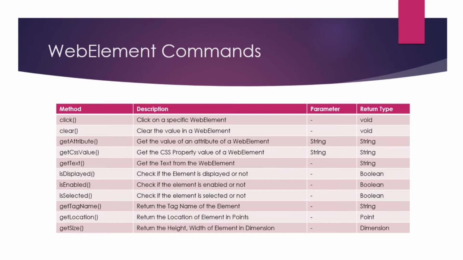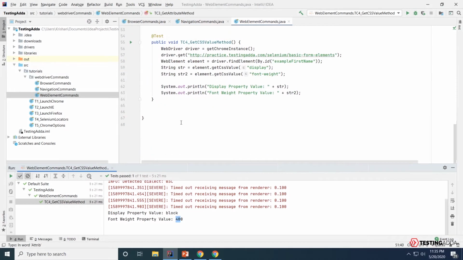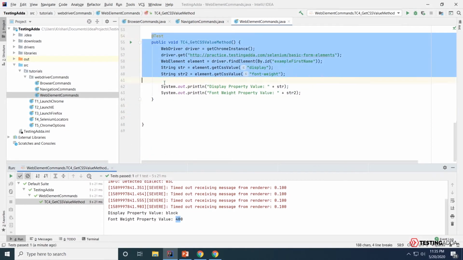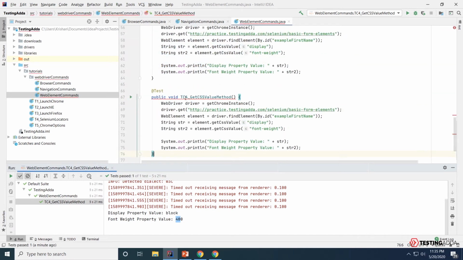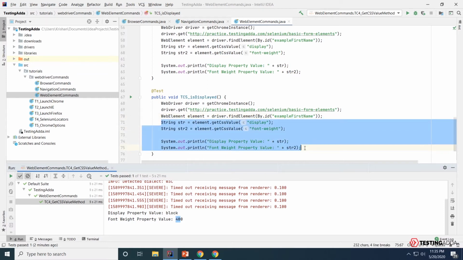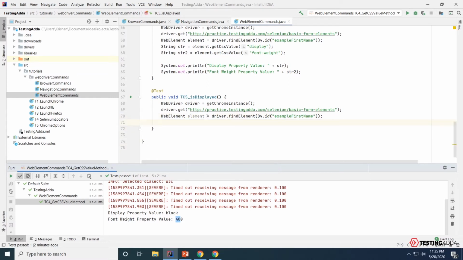So let's try it. Go back to our IntelliJ and copy the method completely. Now this is going to be the tc5 isDisplayed method. I am trying to locate this example first name element because we already know this element exists on the UI.